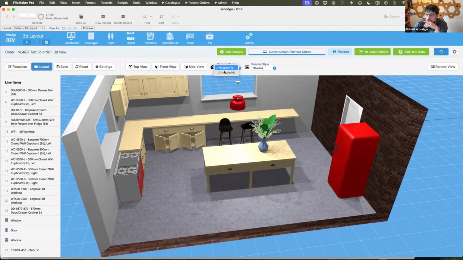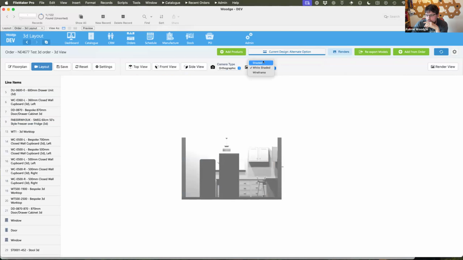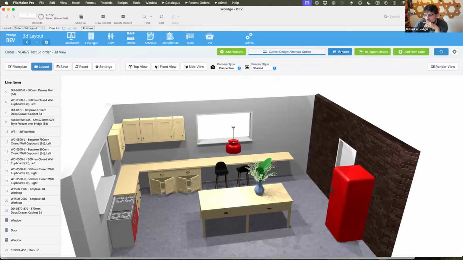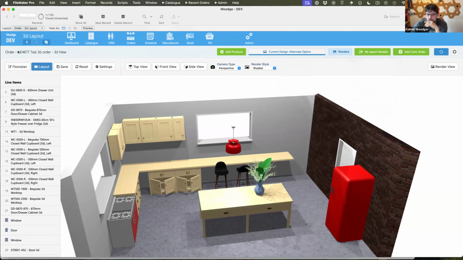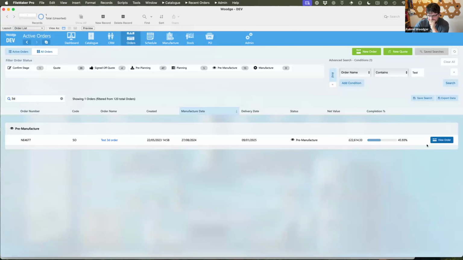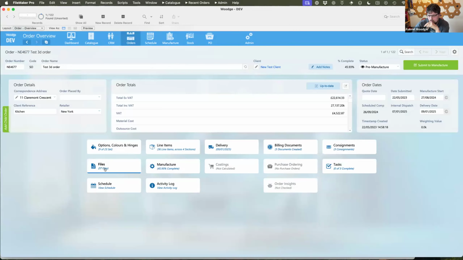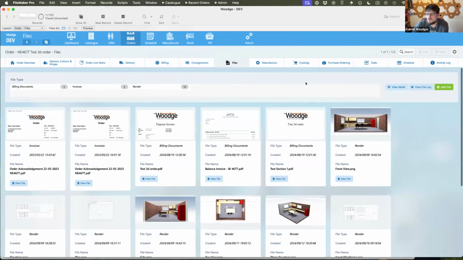And again, then we can produce different views, rendered like a shaded view or something like that, and we can then save those from a container into a container field inside FileMaker. So then, if we were to go and search for this order, A46, we can then attach to that particular order the renders. So outside of here, we've got the invoices and other bits and pieces. We're able to then attach the renders so they can then be sent off to the client. You can accept the design, that's brilliant, come back and then continue with all the rest of the stuff.